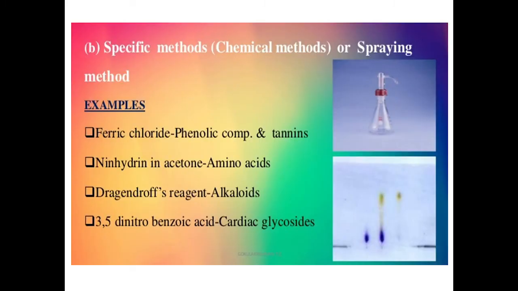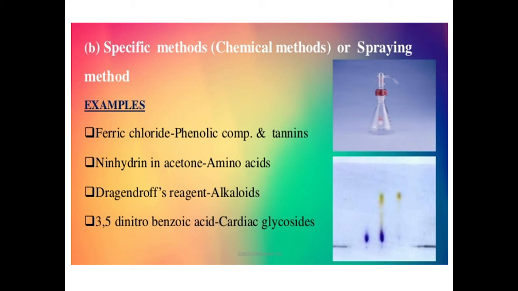Now, if you are separating amino acids, the sample is your amino acid, which is to be dissolved in a proper solvent and applied in the form of a spot. Allow the chromatographic run to proceed. Your sample at times may be plant pigment, it may be amino acids, it may be sugars, whatever.